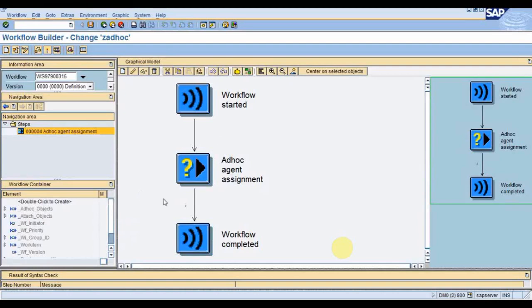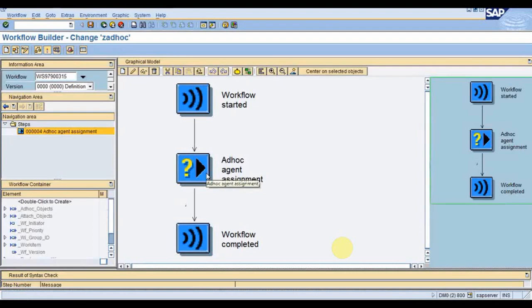Suppose this is a task, ad hoc agent: whenever it gets executed, only one work item ID will get generated per execution, and that work item ID instance will be sent to all the users who are associated with the expression tab. Suppose 3 users are associated, that is Elkadia, Kumar K and Priyanka. So all 3 users will receive the same work item ID.